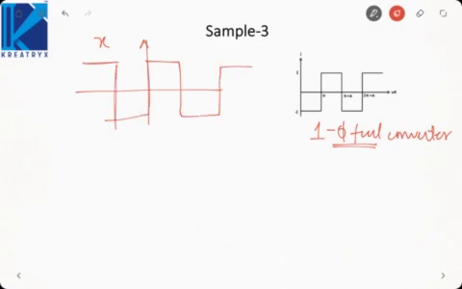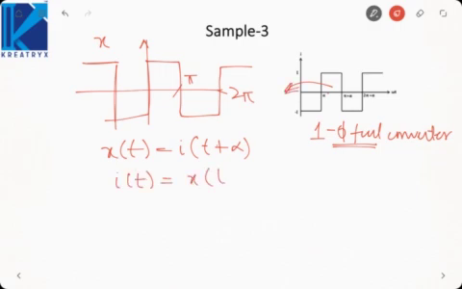So this will be pi, 2 pi. So actually x(t) will be equal to i(t plus alpha) if we shift this left by an angle alpha, or we can say it is equal to x(t minus alpha). That is, derive the Fourier series for x(t) and then shift it by an angle alpha. Now this is the waveform that we saw earlier also, the first sample. So the Fourier series of x(t) will be